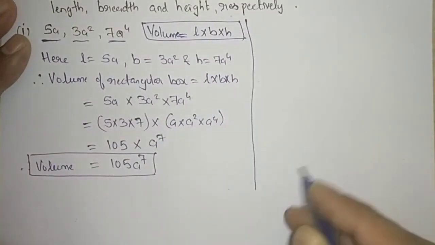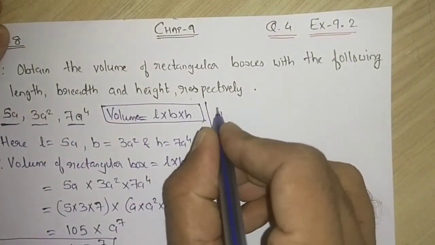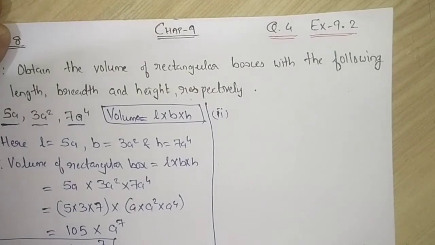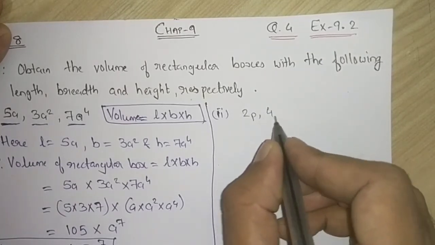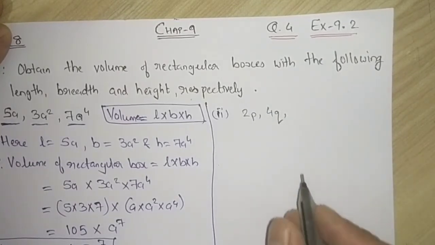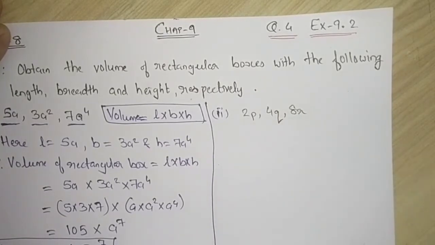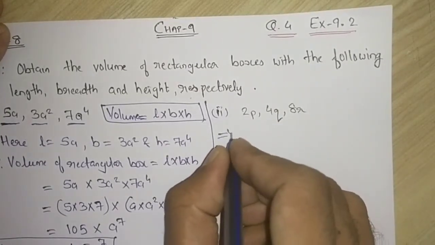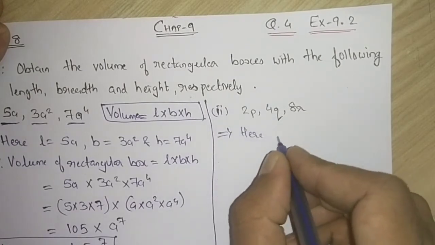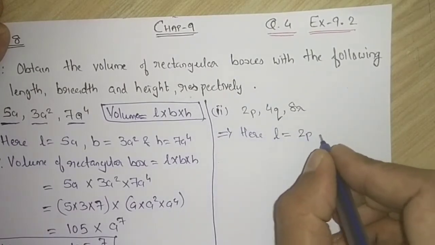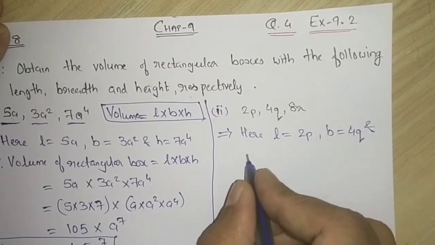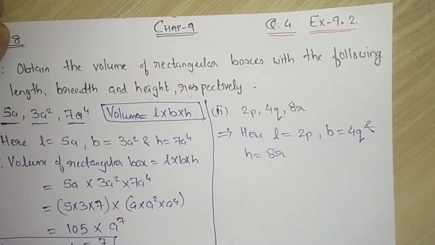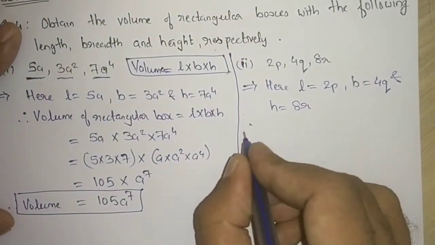Moving to second part. Second part says 2p, the length is 2p, 4q is breadth and 8r is the height. So we will write here length is equal to 2p, breadth is equal to 4q and height is equal to 8r. Therefore